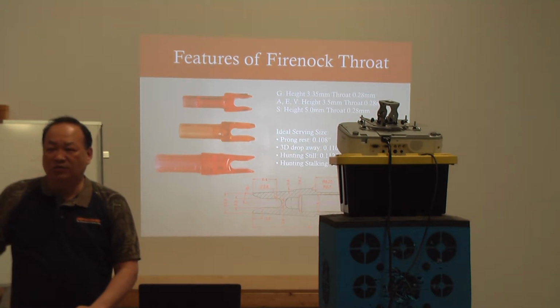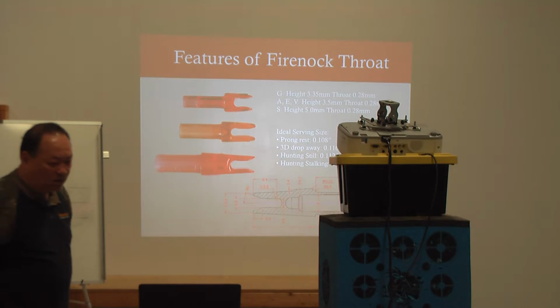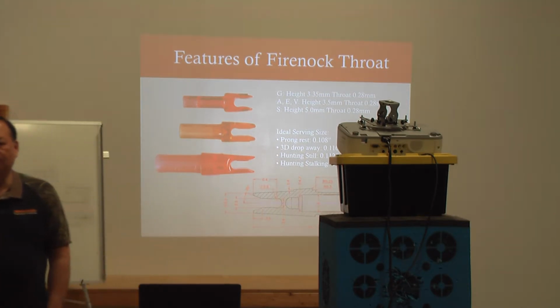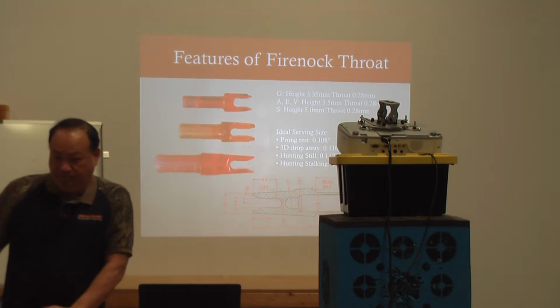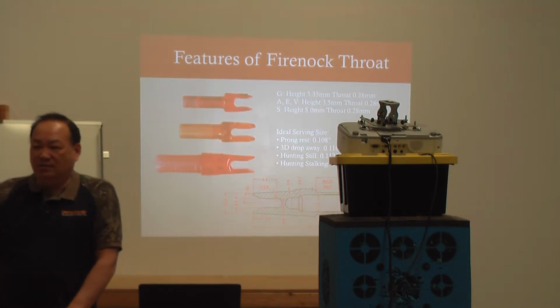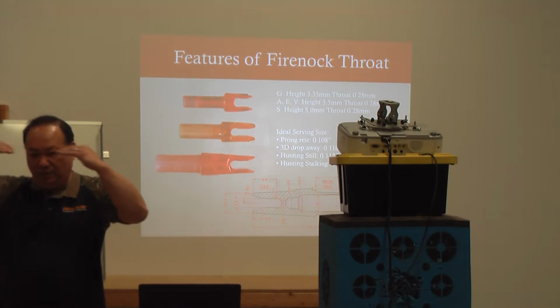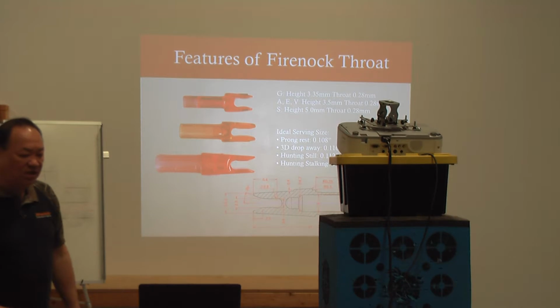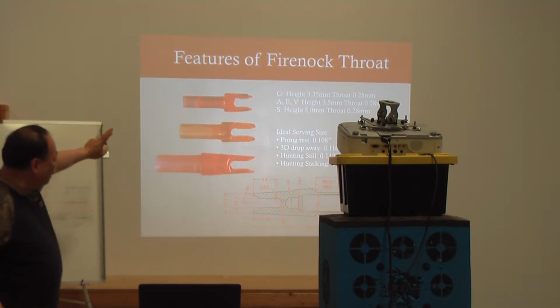Now, why is that throat so critical? If you take a closer look, I actually show you the design diagram. That throat is 2.8 millimeter, which is 0.115, but 0.115 with 1.5 degree coming in because of mold construction. In the very throat, you also notice that I especially put down the G nock, the A nock, and the